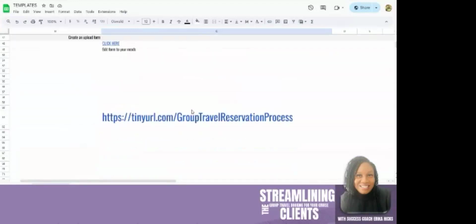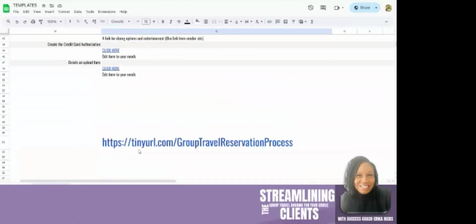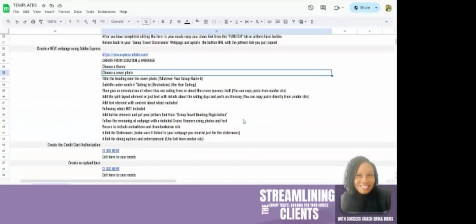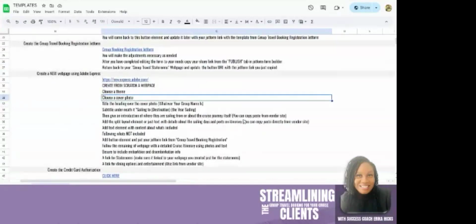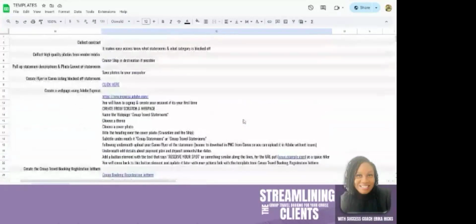All right. So again, the whole process of the steps are going to be here under this URL, tinyurl.com/group travel reservation process. Again, make sure you go ahead and get any JotForm links that have templates, and save them to your account, your JotForm account,